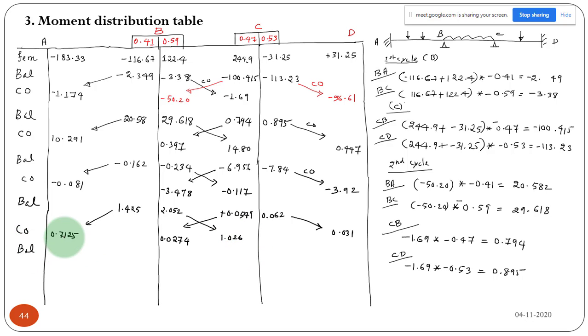Okay, balancing. So in this step 0.027, this joint is very negligible. So anyway we will do that balancing again. Minus 0.011, this is minus 0.016. This 1.026 we have to distribute among CB and CD. So those values will be minus 4.82, and this is minus 0.543.